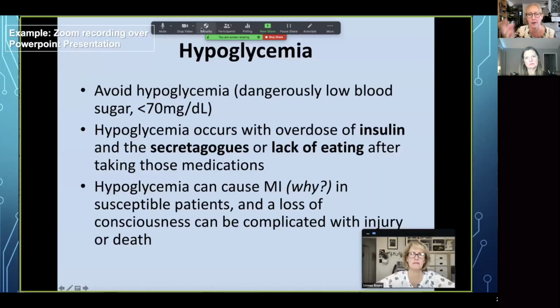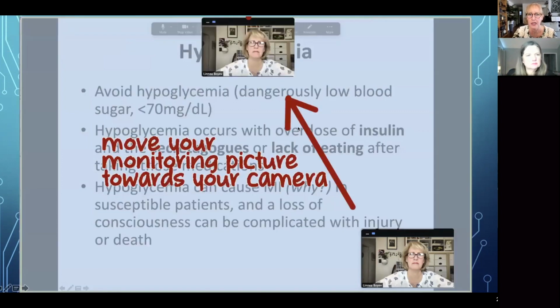So here's an example where I was using Zoom to record over some PowerPoint slides about hypoglycemia, because I teach pharmacology. And this was about diabetes. Before I started recording, I was making a very grumpy face. And there's my monitor image. And so what I did was I slid it up towards the top of the screen